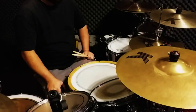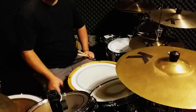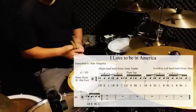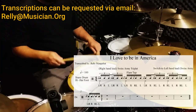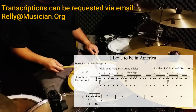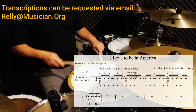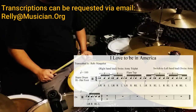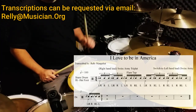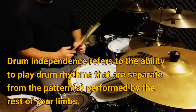To challenge you more, what you could do is put in the bass drum against it. Like adding a bass drum 8th note against the quarter note that we are actually playing on the hi-hat. So, 1 and 2 and. Technically, it's challenging the independence that you created on the left foot against the right hand, and it actually